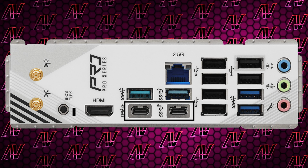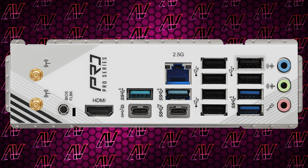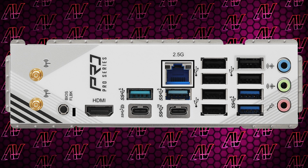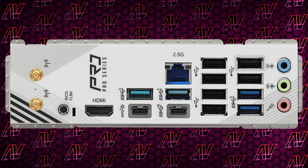So it's a pretty major downgrade there, but again, you have to consider if you really even benefit from having those kind of transfer speeds in the first place. The rest of the I/O is pretty similar. I mean, you do have HDMI for integrated graphics once again, and 2.5 gig Ethernet, given how again only MSI offer anything more than that. However, the optional Wi-Fi has actually seen a downgrade from Wi-Fi 7 down to Wi-Fi 6E,